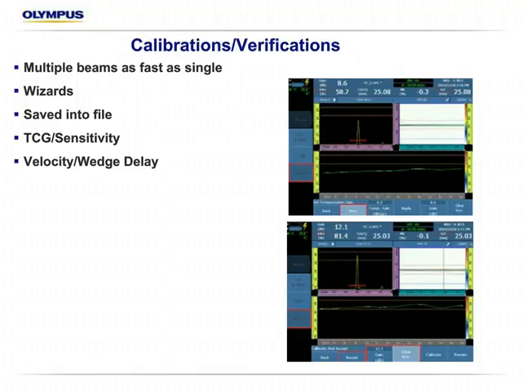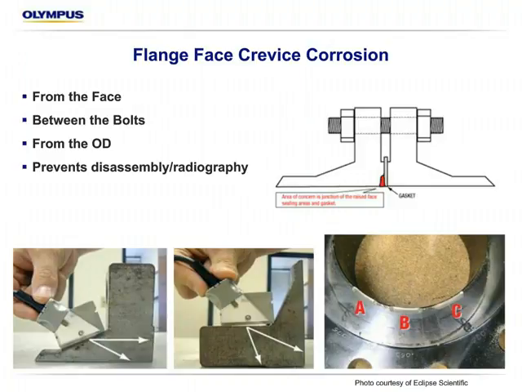A few unique applications that are kind of outside of the 0-degree corrosion we've been talking about. Flange face crevice corrosion typically happens right between the gasket, and that's inspected by either radiography or disassembly and visual testing. We find that with phased array, if you just make some calibration targets, you can get a pretty good quantification of the amount of corrosion, since it is sitting under pressure and with that gasket present in a lot of cases. It is quantitative. You can usually see the amount of corrosion, but you're going to say it's classified as A, B, C or